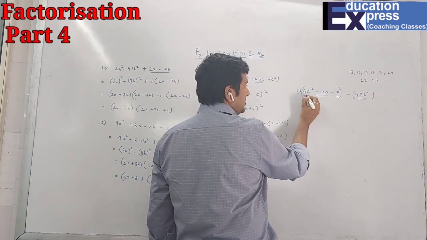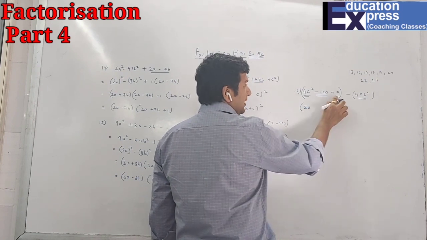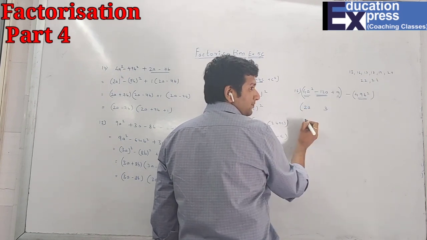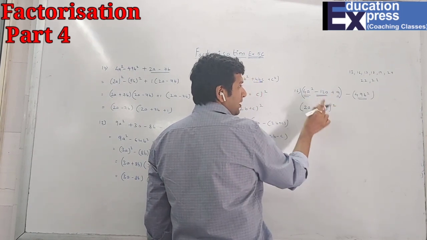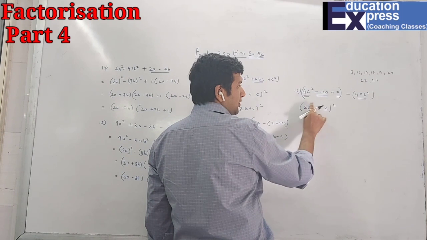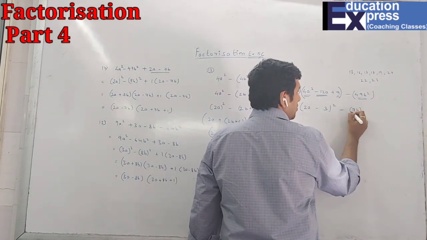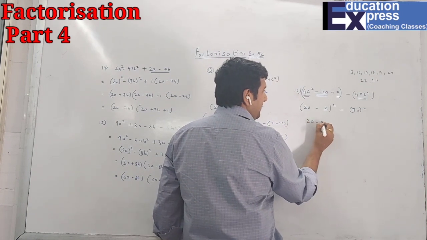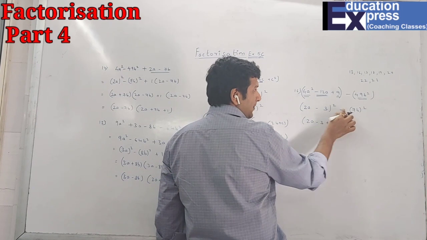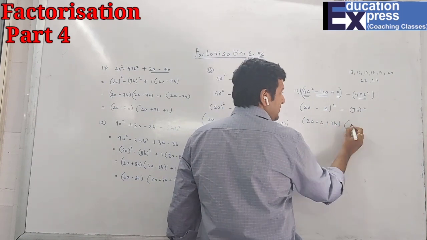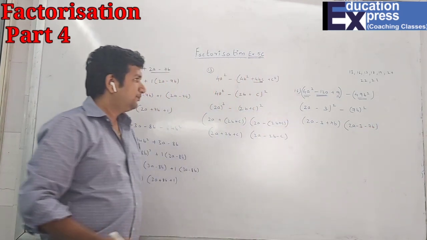So now you can see that here, 4a square is square for 2a. 9 is square for 3. And this minus. If I take the whole square, a square plus b square minus 2 into 2, 4 into 3, 12. You get the answer. And this is (7b) the whole square. So (2a minus 3) plus 7b. A whole thing is a minus b. That is (a plus b) and (a minus b) is the answer.